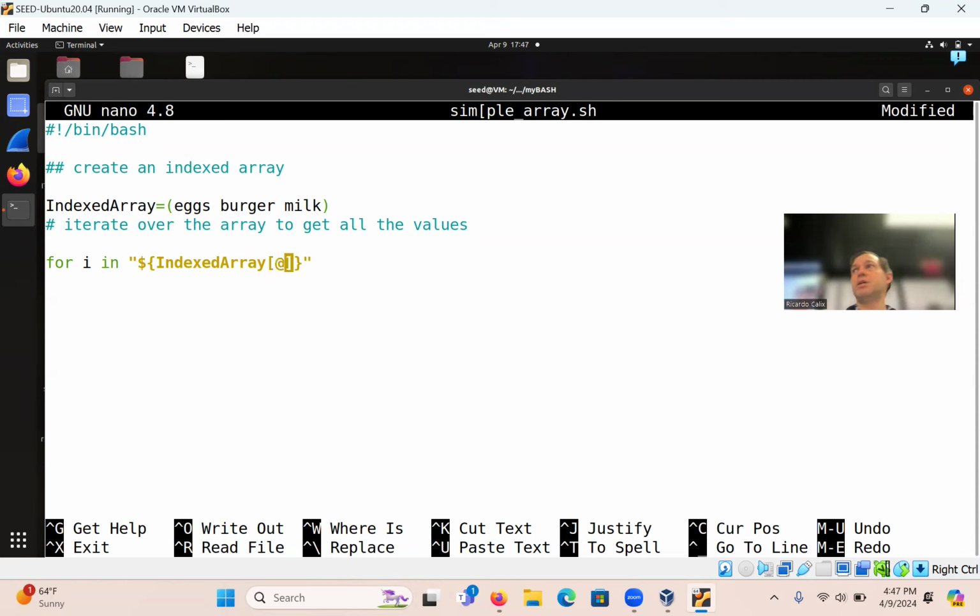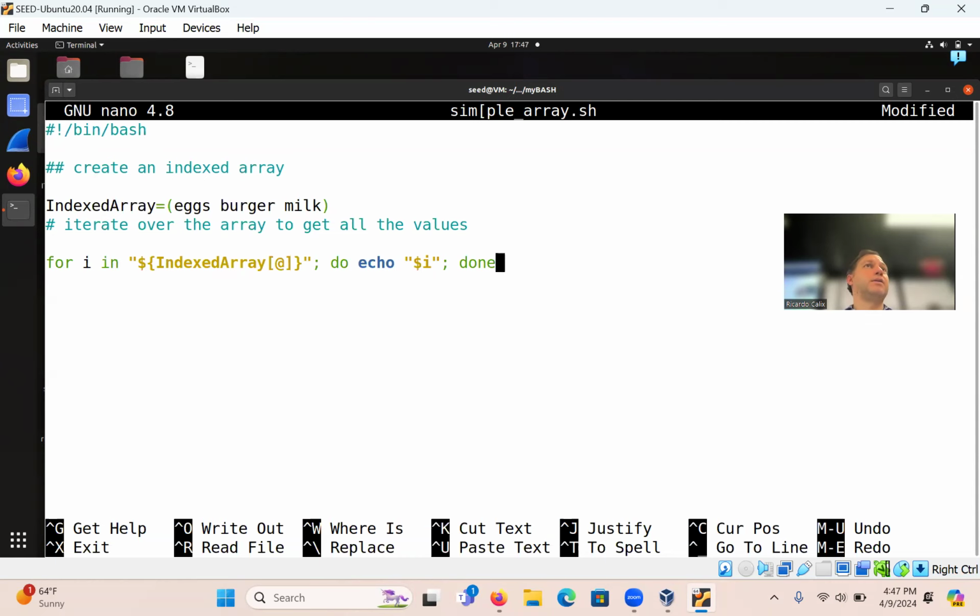This should allow us to extract the values. Now we are going to print them. So do echo $i; semicolon, and then finally done.